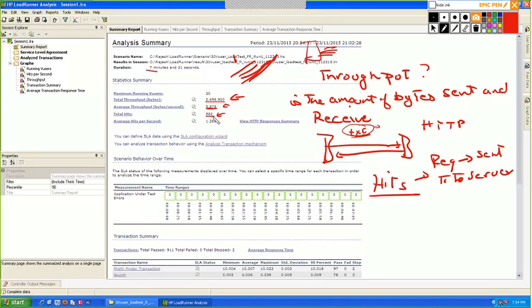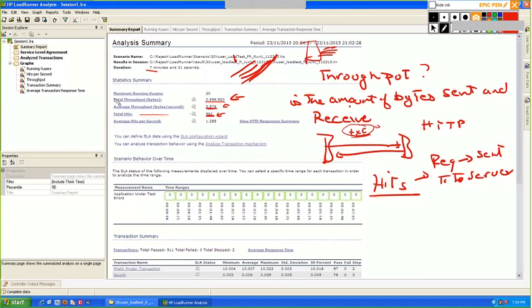Totally, we have sent 582 hits. This is the amount of requests that the LoadRunner sent to the server.